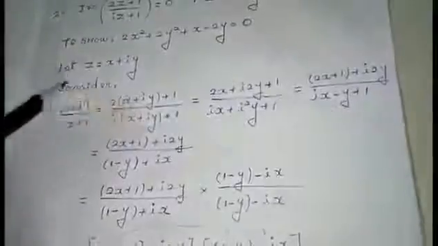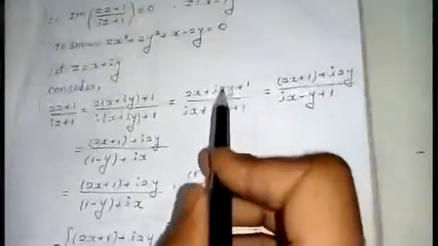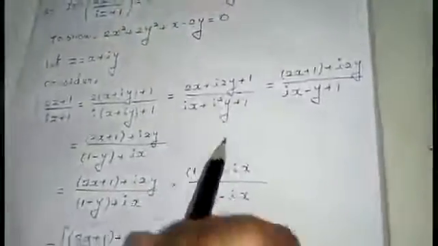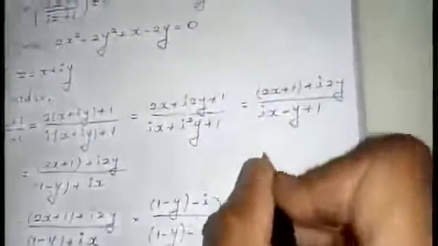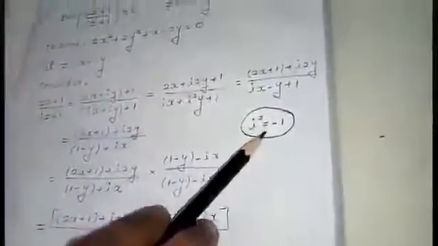Like the first sum, I'm going to do my simplification. Just see, students, we are having the calculations. I have done it step by step. You're going to observe the calculation, and one thing, see here: if you are going to have i square, that is, the value for i to the power 2 is minus 1. Wherever you are going to get i square, you are going to replace the value as minus 1.